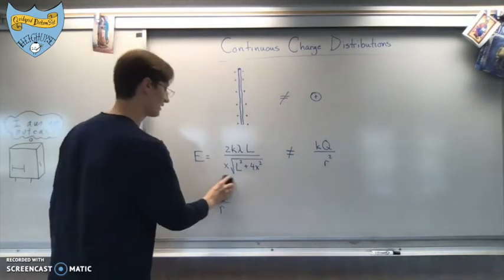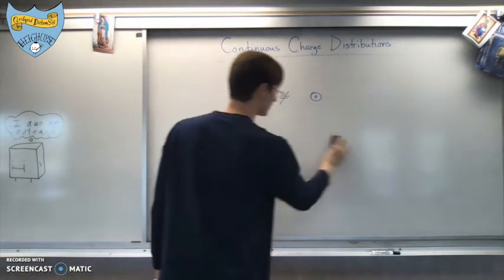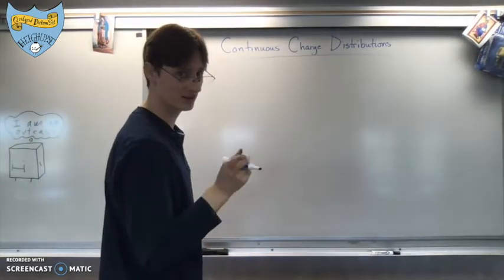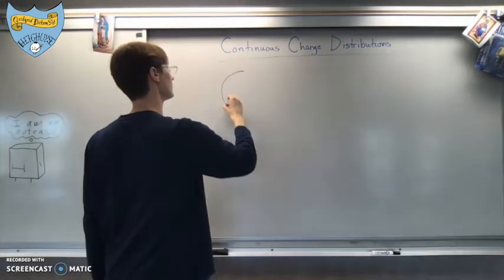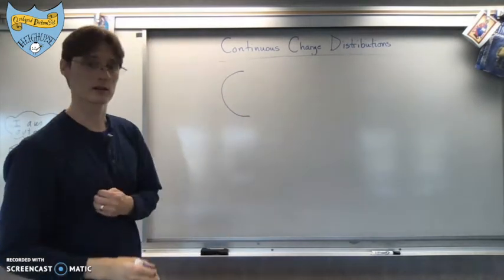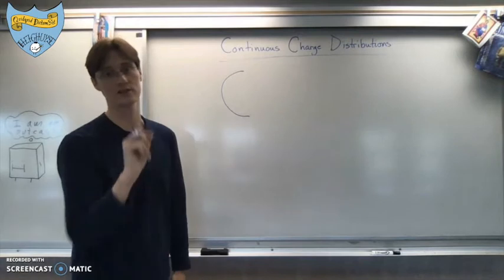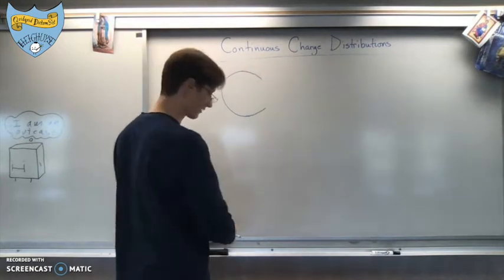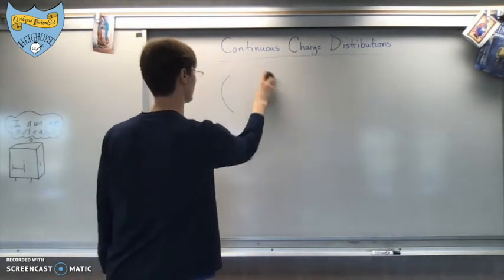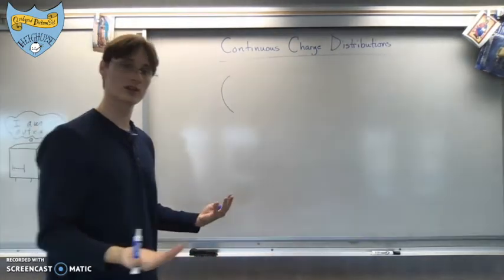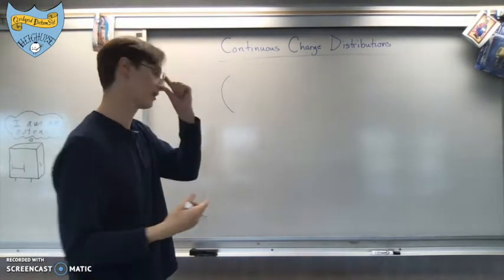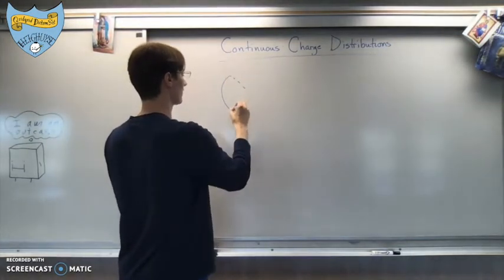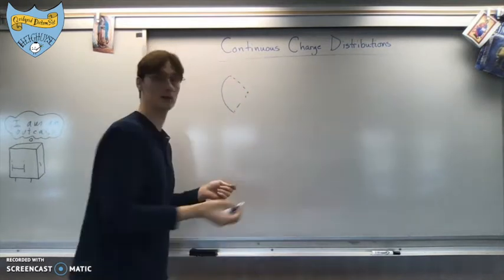Now, what kind of continuous charge distributions will we actually need to do in AP Physics? We will not need to do long straight rods ever. It'll be curved bits of wire that look like the letter C. Actually, they don't all necessarily have to look like the letter C. They could look like more of a letter C or less of a letter C, right? Whatever, it's some circularly curved distribution of charged, say, wire or whatever it may be. And they will always ask for the electric field for this kind of thing at what's called the focus or